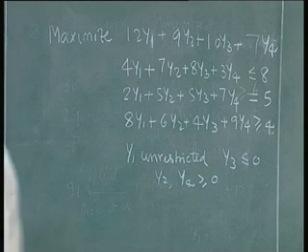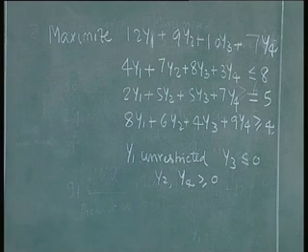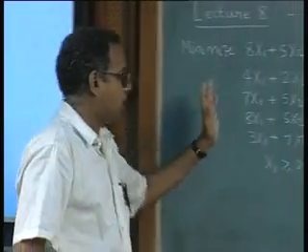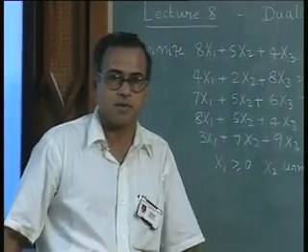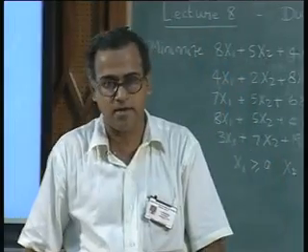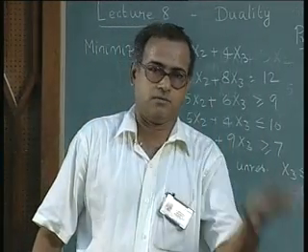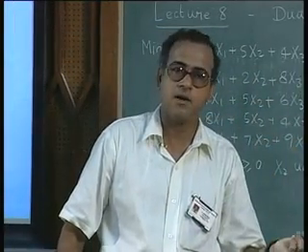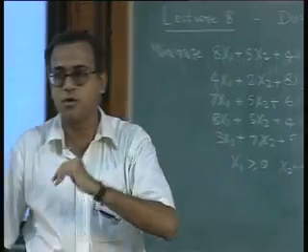Now we know how to write the dual to any given primal. Any given primal we can convert into a standard form. The standard form that we know is a maximization problem with all less than or equal to constraints and all greater than or equal to variables. For that problem we can write the dual, which will be a minimization problem with all greater than or equal to constraints, with all greater than or equal to variables, number of constraints equal to number of variables in the dual equal to number of constraints in the primal, coefficient matrix becomes transpose and so on,